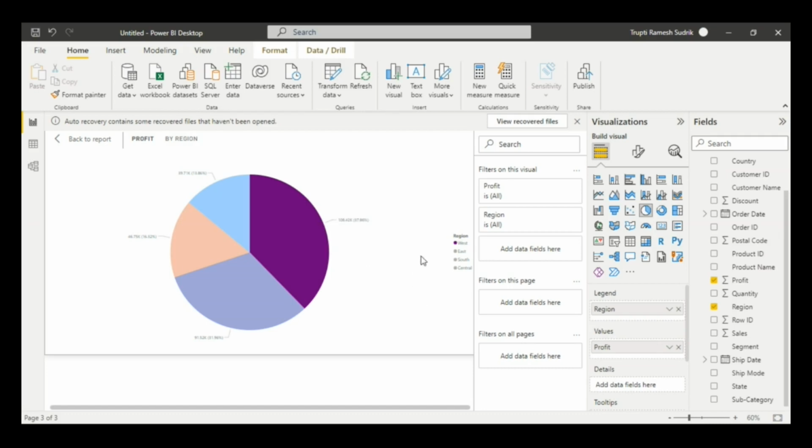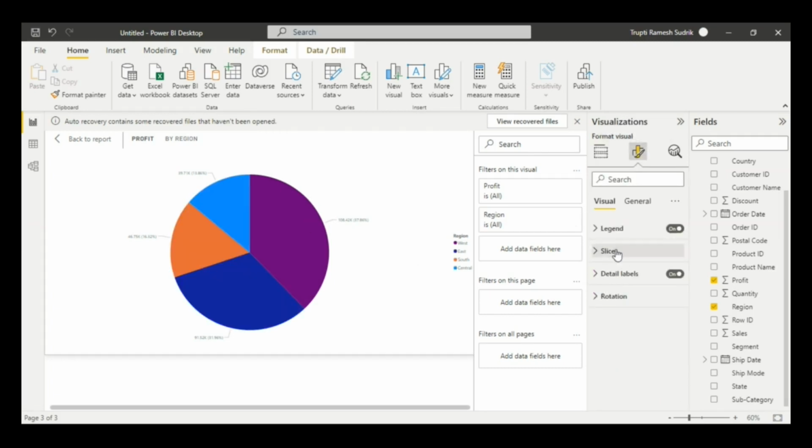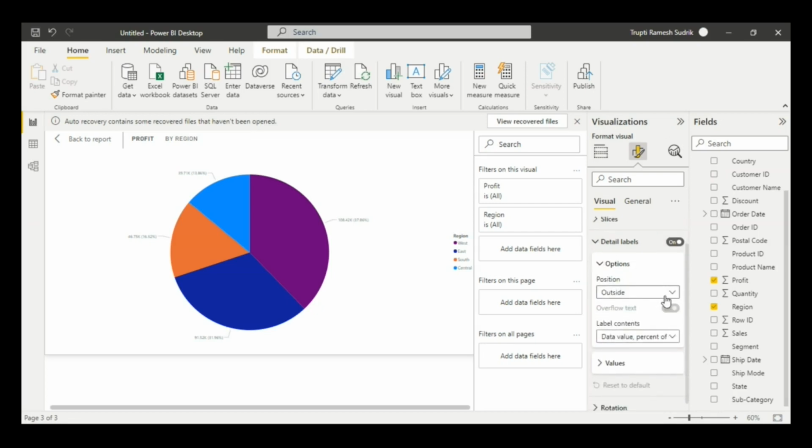So how to get rid of this legend? What we can do, there is one option in this format, details label. Once you click on this details label, instead of reading this only as a number and just by color, why not add west here only, so that we don't need this legend section. So in the details label,